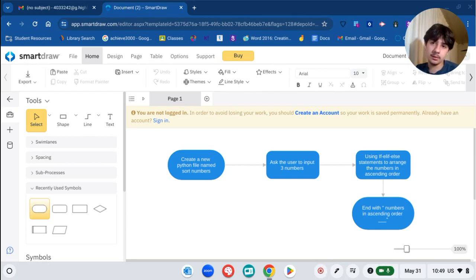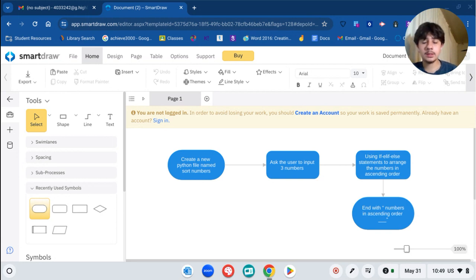Evening. Today is May 31st, and this is the resubmission of the if-else assignment. This is a resubmission because in my first submission the audio input was not there, so I couldn't hear anything. I was given the privilege to resubmit, so I will explain the code one more time, making sure that